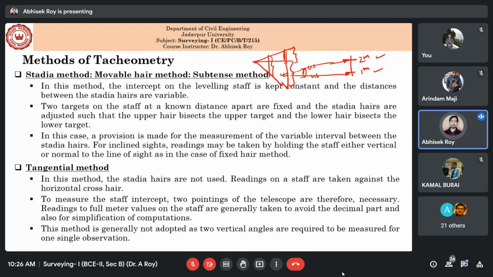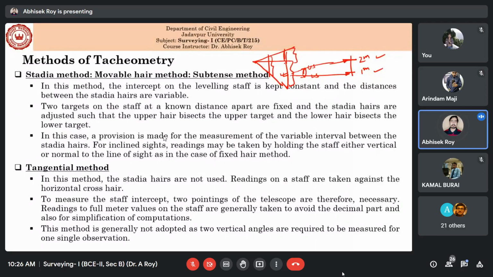Then you can calculate the distance by applying trigonometry. So this is called the movable hair method. Now then there will be the tangential method. These two methods we will also discuss in the next class. At that time it will be much clearer to you when we discuss